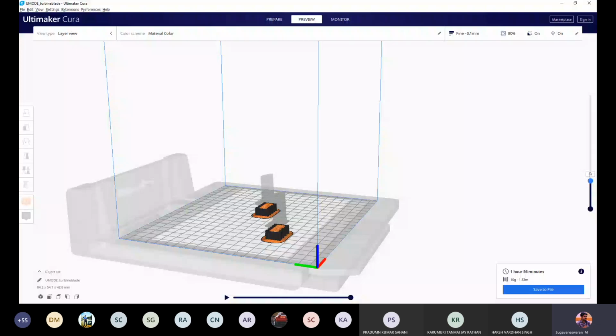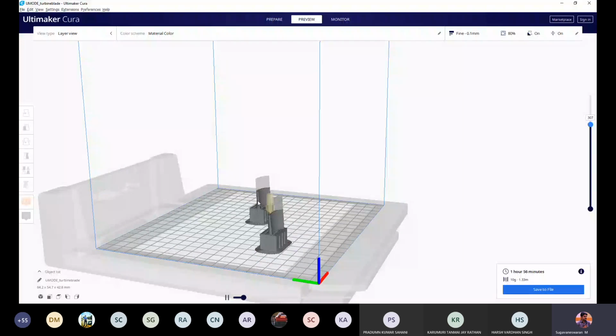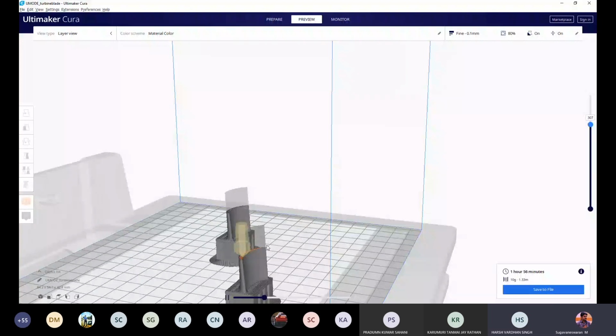If you run the simulation video, at the bottom you have an arrow mark, and it will tell you how the nozzle will print. The orange color part is the material which is printed. You can see the nozzle movement. Could you all see the nozzle movement? Yes, sir. If there is any issue you are facing in the simulation or the method we have followed, you can stop me in between so that I will give an explanation again.